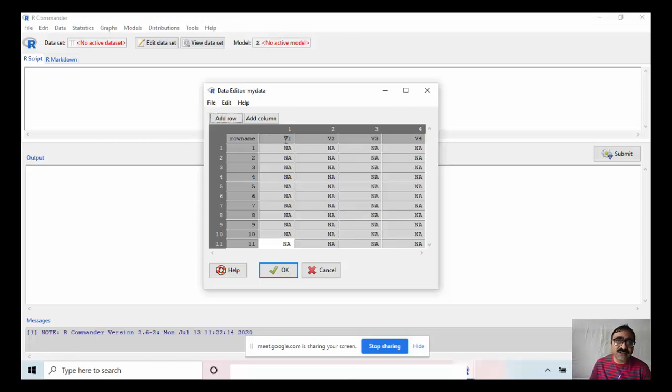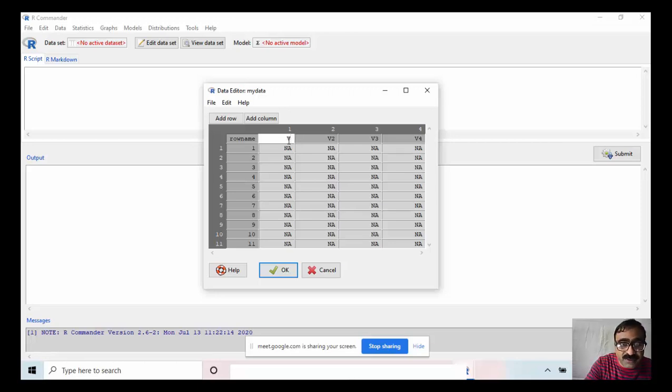So first, after collecting the data, we have a different set of variables, and those variables are observed from each unit or individual. So case 1, case 2, case 3, case 4 like this. Suppose I have studied 5 individuals, their gender, height, weight, age. So these are the variables. Here at the top, V1, V2, V3, V4, these are the variable names.